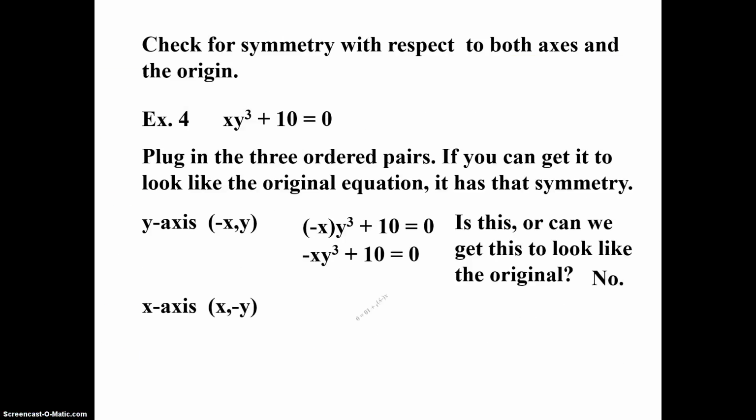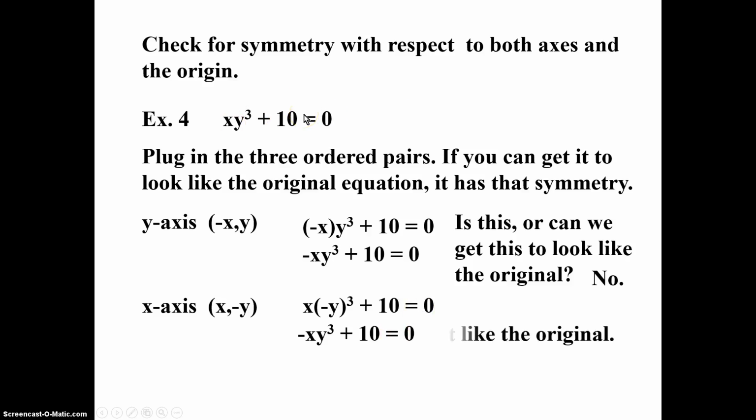Okay, so as we were mentioning in the previous video, whenever you plug in a negative y cubed, or negative y to the third power, you still get a negative, but this time y cubed, so that's where this negative is coming from. Y cubed times x plus 10 is equal to 0. It does not give you the original equation, so this one has no symmetry